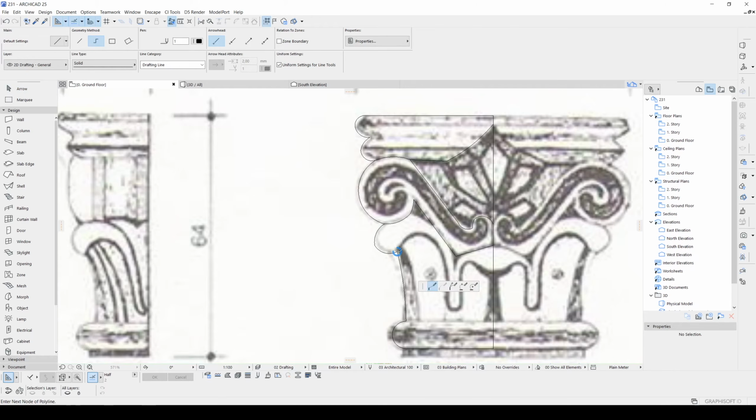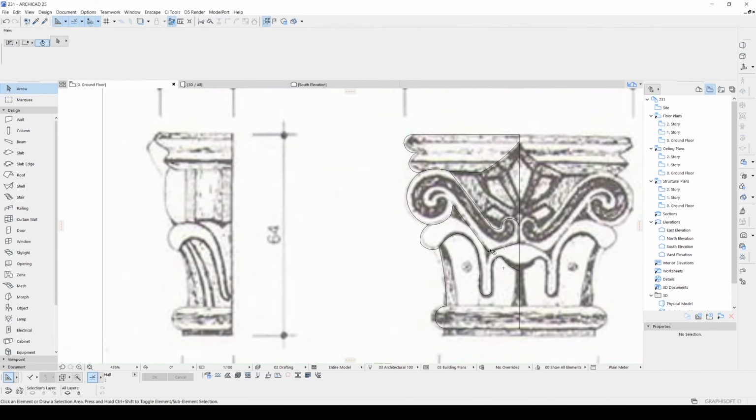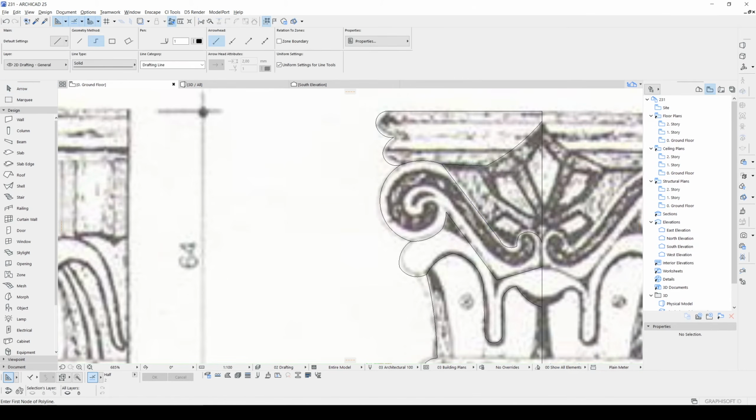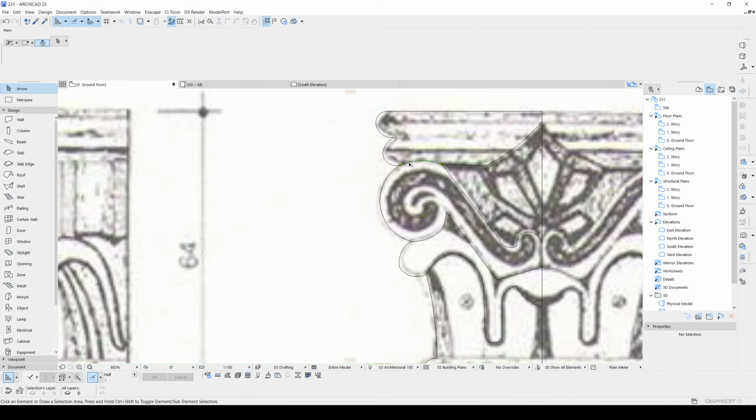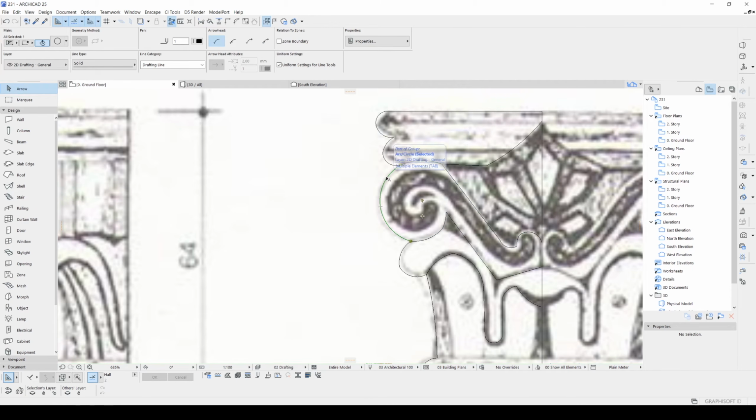We have another line here. And for the inside parts, I will create offset. Hit the space, fill inside, click your newly created line, and offset.